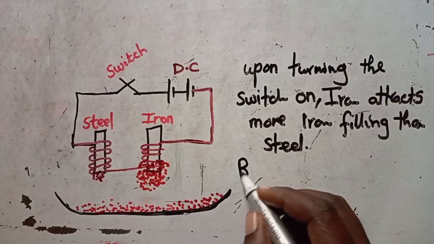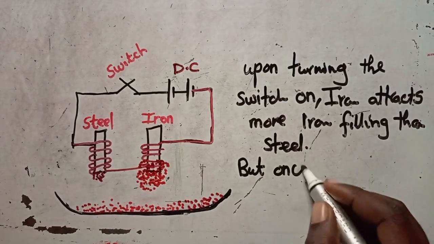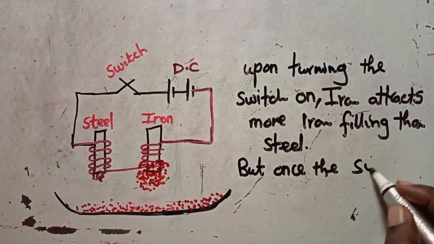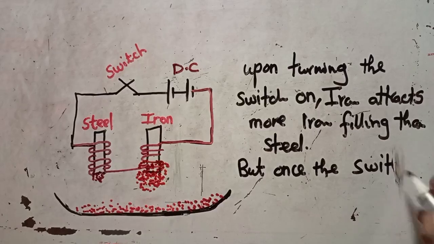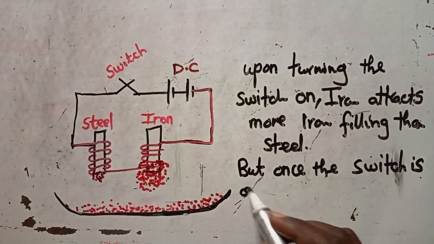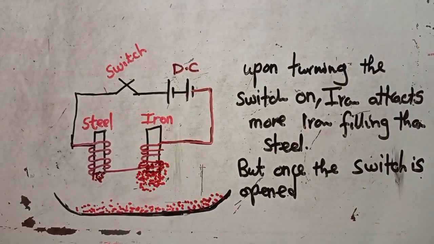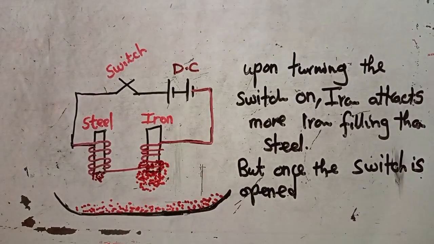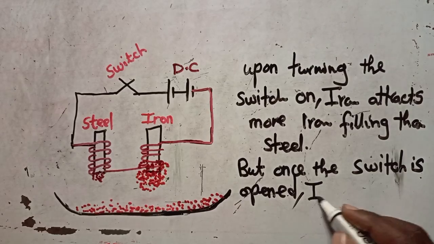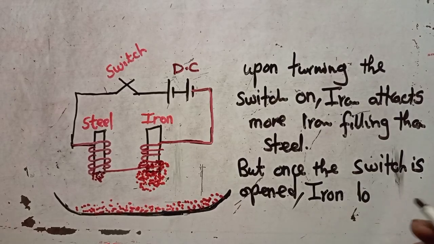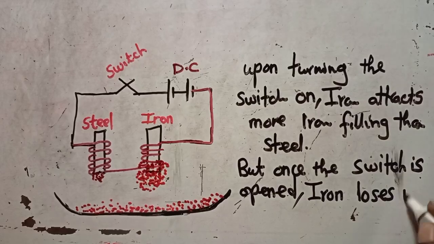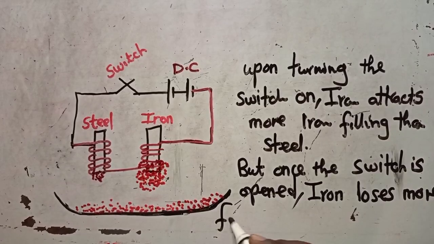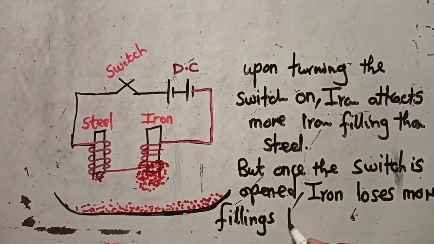You also proceed and say, but once the switch is opened, when current is no longer flowing through this solenoid, you discover that iron loses more of these filings than steel. Iron now gets to lose more filings than